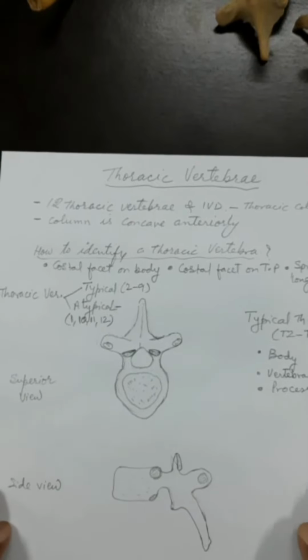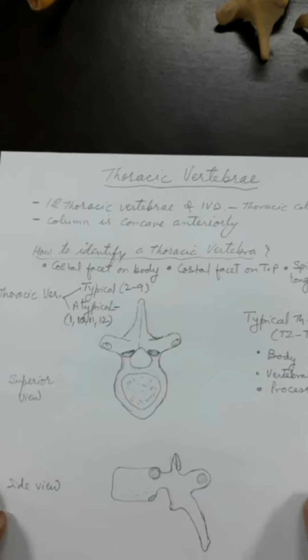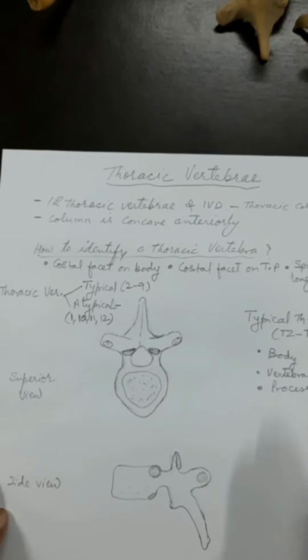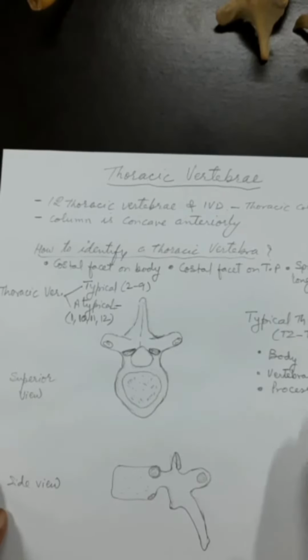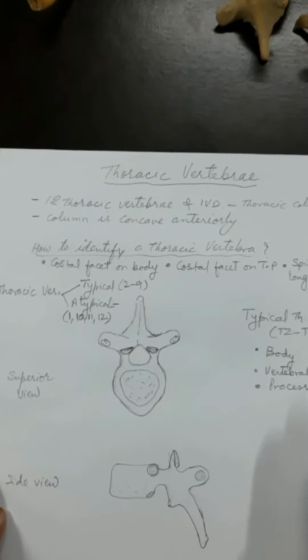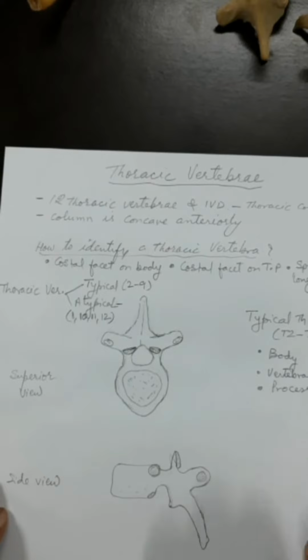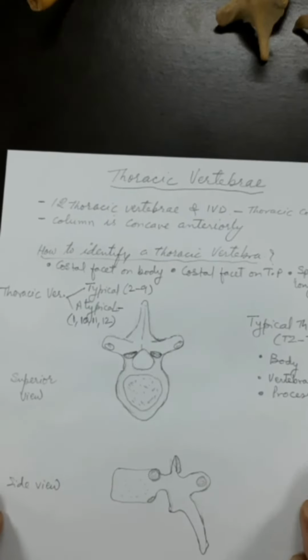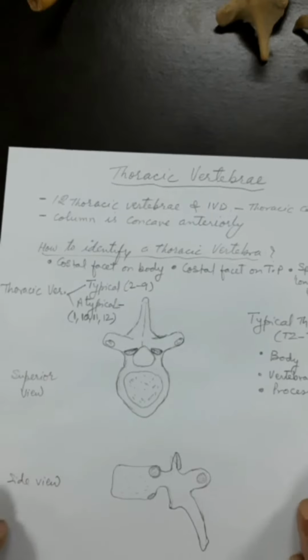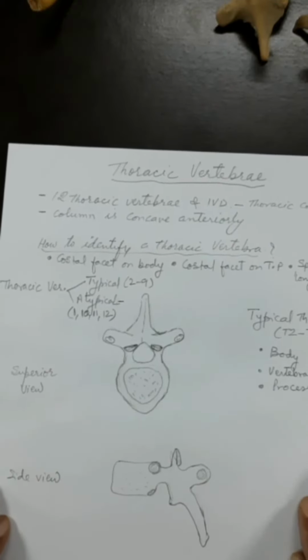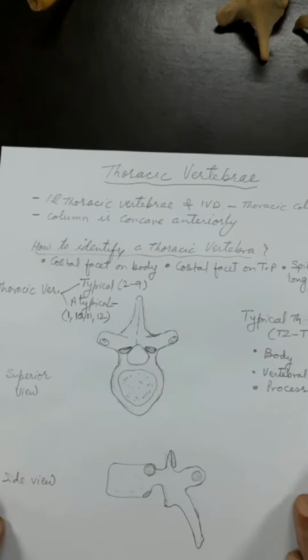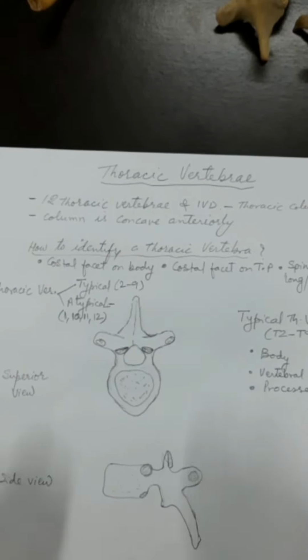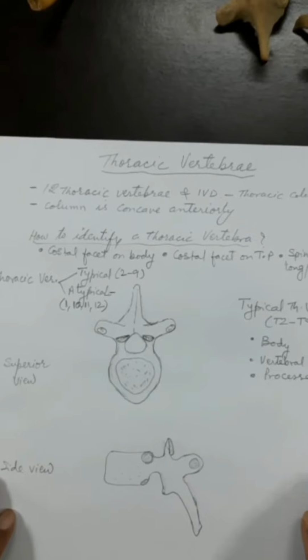Good morning, students. In this video we will learn about the thoracic vertebrae. In the first video on thoracic vertebrae I will limit myself to the typical thoracic vertebrae, and I will tell you the joints between two adjacent vertebrae, that is the intervertebral joints. I will tell you about the formation of the intervertebral foramina, and also about the formation of the costovertebral and costotransverse joints. So this is going to consist of the description of the typical thoracic vertebrae.